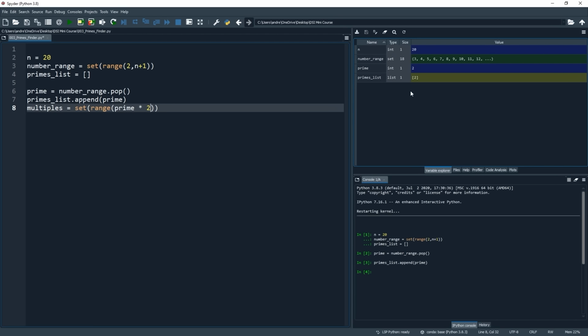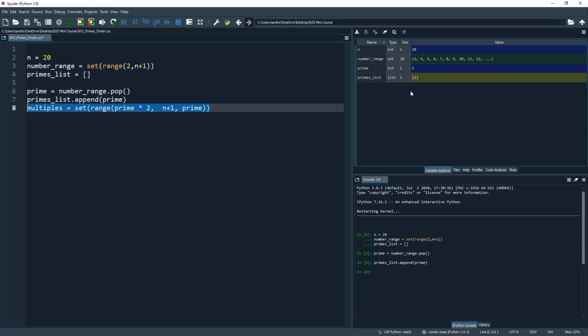For the stopping point of our range, we specify that we want our range to go up to 20. So again, we will use n plus 1 to specify that we want 20 to be included. Now the step is key here. We want multiples of our prime number, so we want to increment in steps of our number. So we can put in our prime variable here, which means it will always increment by the right amount.